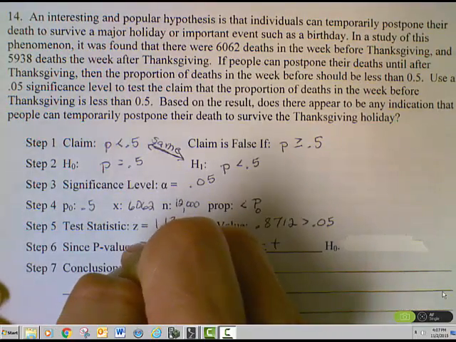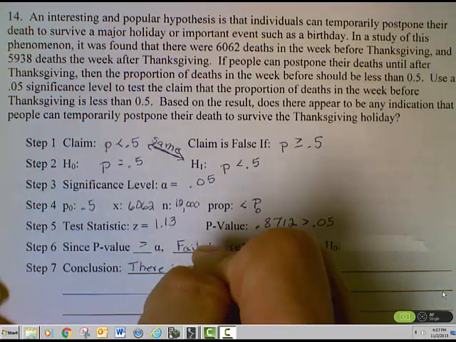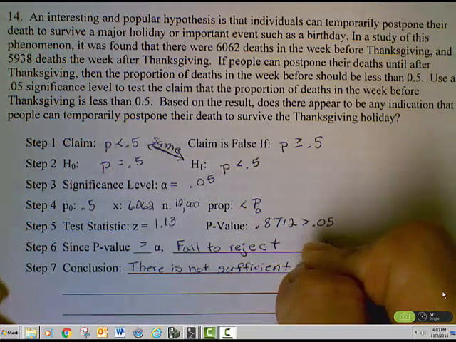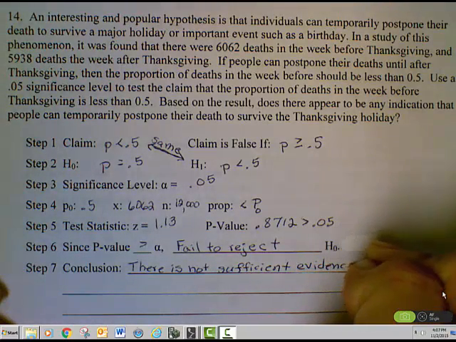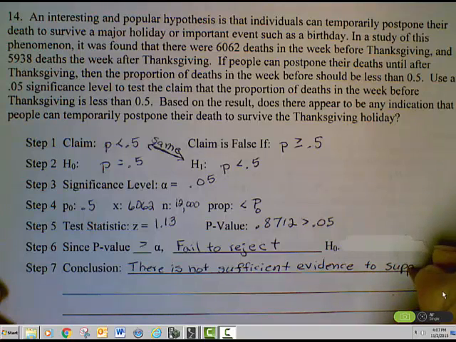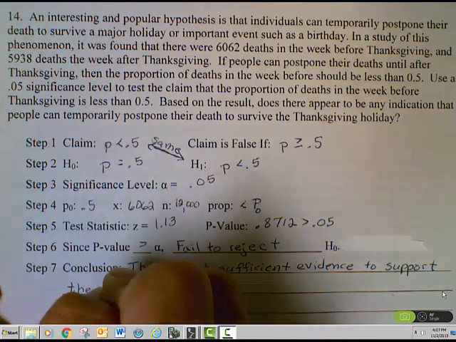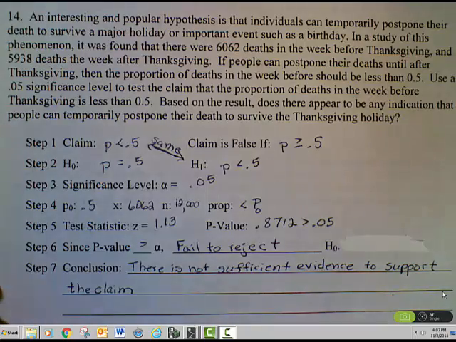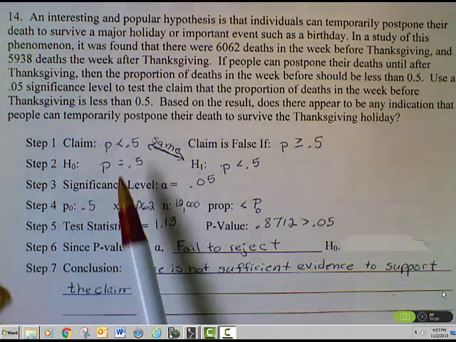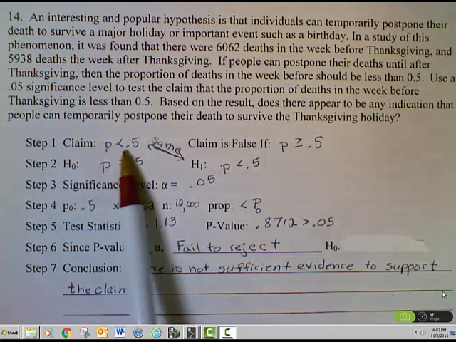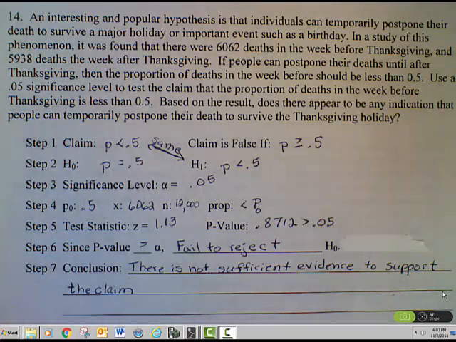So there is insufficient evidence, or you could say not sufficient evidence, to support the claim. And then you could just restate the claim. You could say support the claim that the proportion of people who died the week before Thanksgiving was less than 0.5. But really, this particular problem is not about what percent of people died before Thanksgiving and what percent of